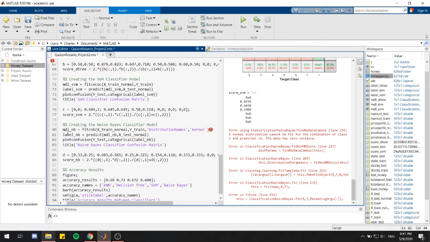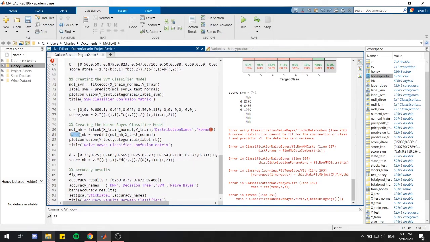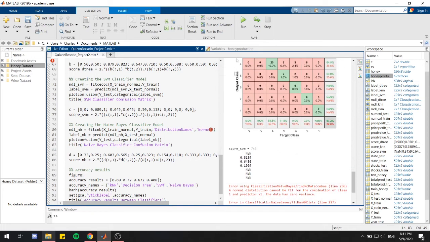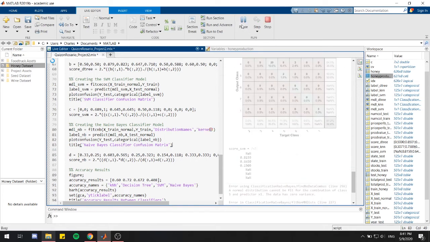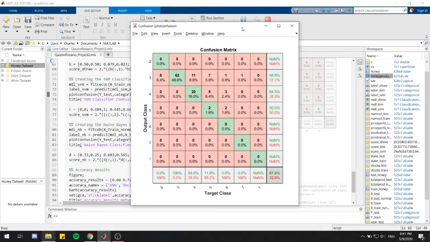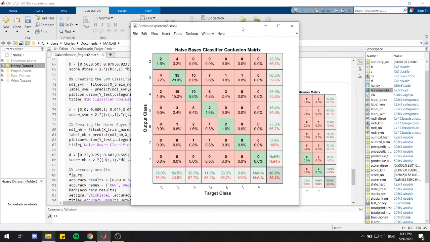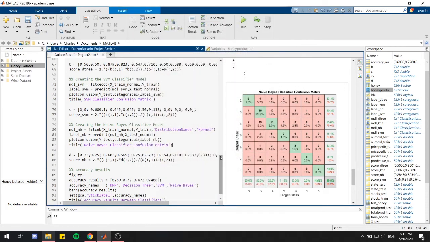And after that, we made the label matrix predicting the model with the testing dataset, and then did the confusion matrix again with plotconfusion. And as you can see here, wait, let me run it again. And as you can see here, it works now using the kernel distribution, but having a low accuracy level of 40.8%. Finally,